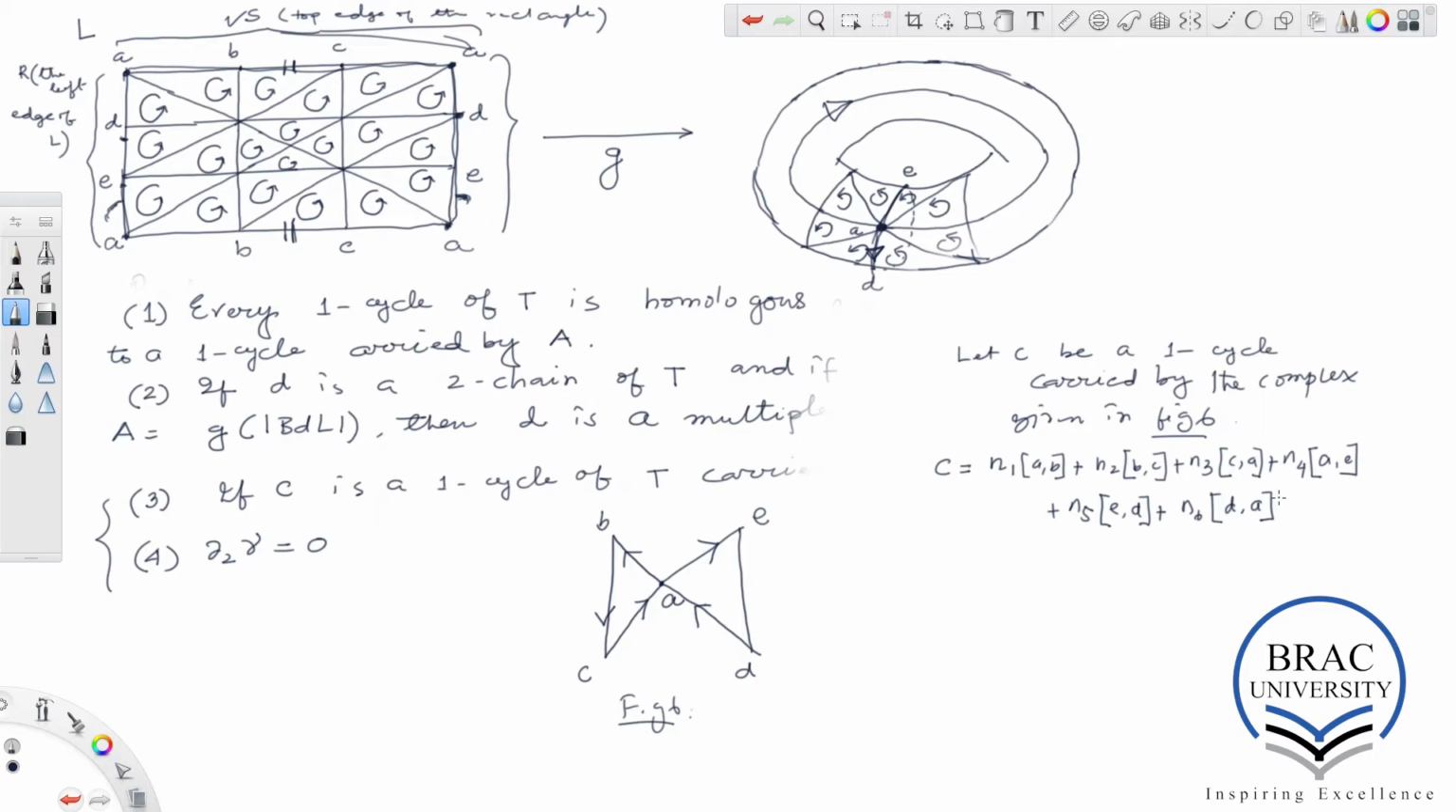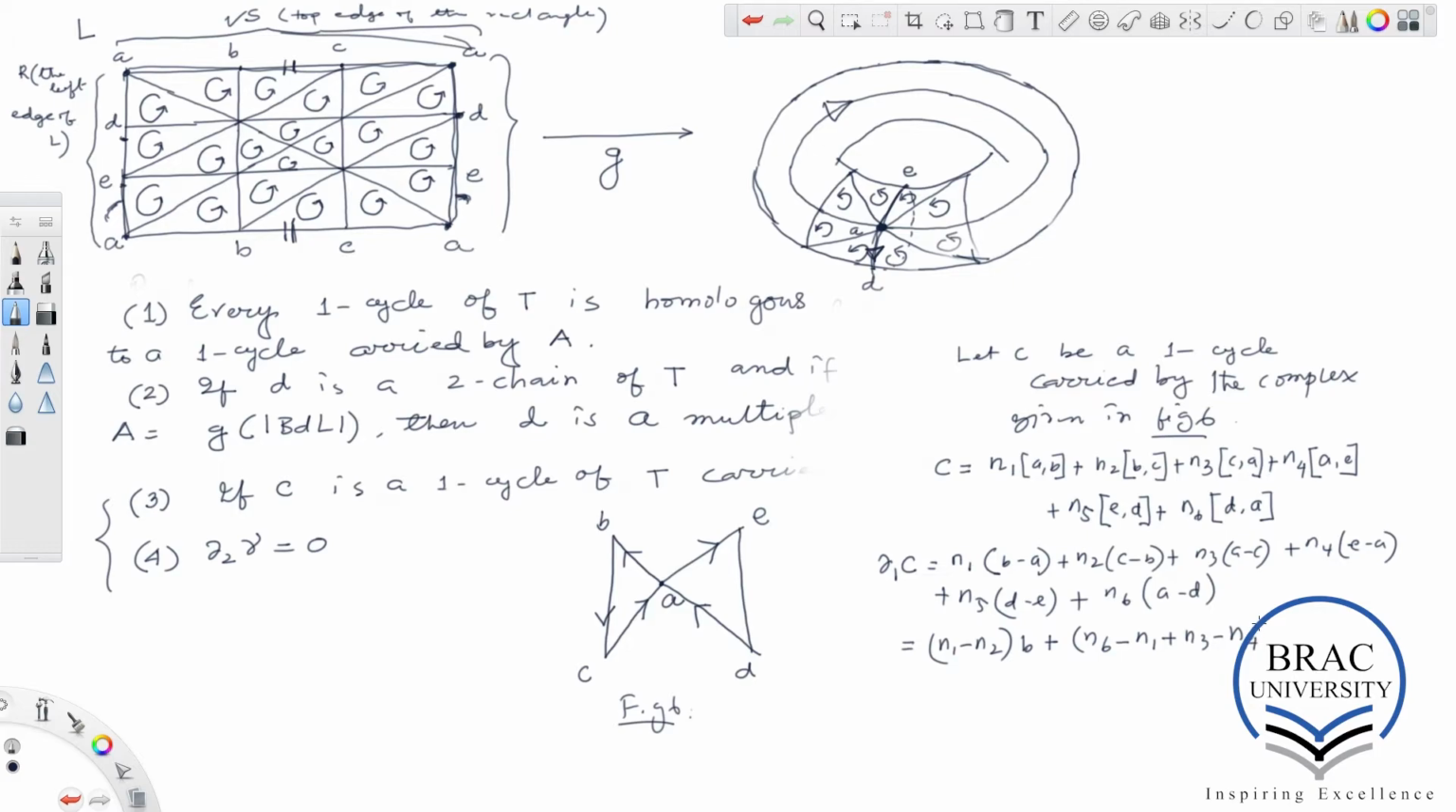Okay, so since C is a one cycle, we want delta 1 C, which from this expression can be computed as n1 (b minus a) plus n2 (c minus b) plus n3 (a minus c) plus n4 (e minus a) plus n5 (d minus e) plus n6 (a minus d), which can be rearranged to look like (n1 minus n2) times b plus (n6 minus n1 plus n3 minus n4) times a